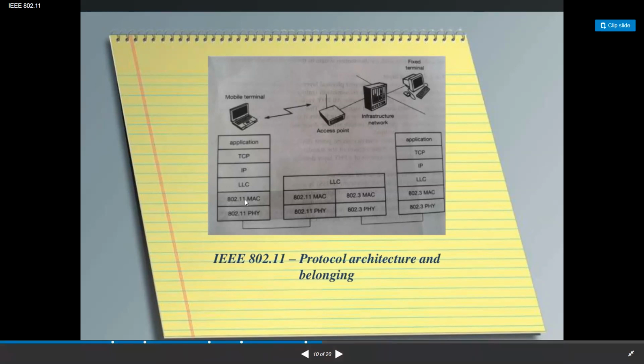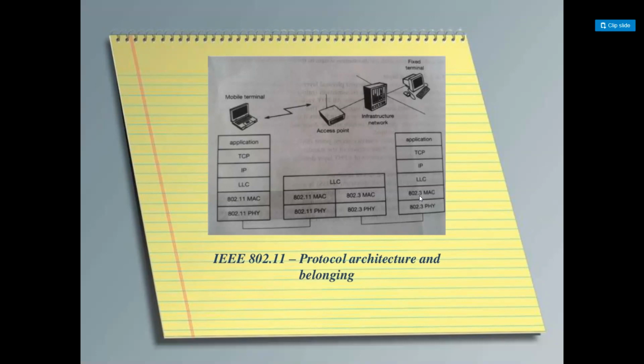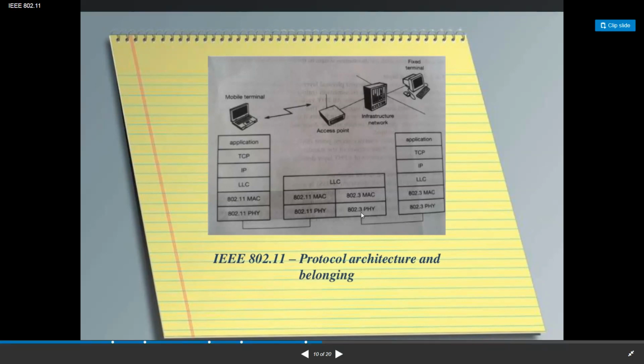This is the difference you need to identify here. For the wired one you need to identify it is 802.3, it is Ethernet. I told you at the beginning of this unit, 802.3 is nothing but the IEEE name for Ethernet cable. It is the physical one. So these two are needed. These two are connected wired. These two are connected wireless. That is the representation. This one is the wireless symbol and this is the wired one.